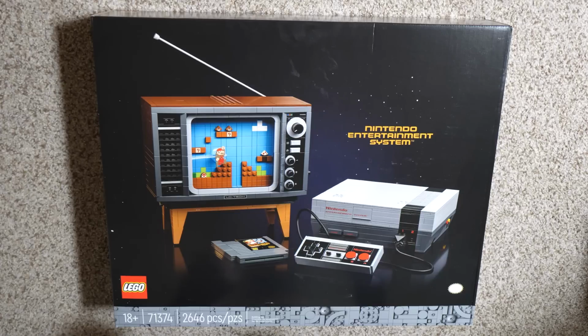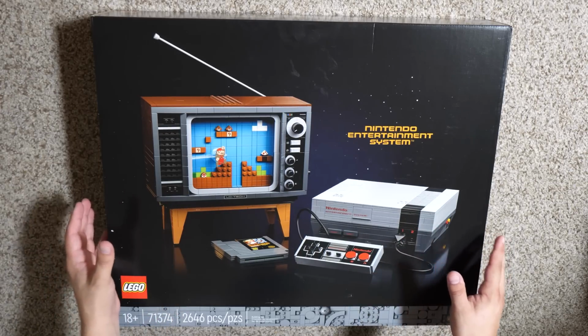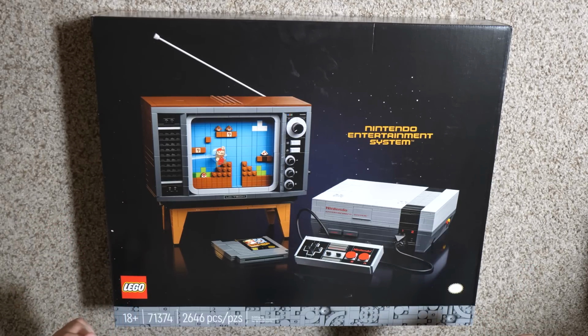This dropped on my doorstep this morning. As you can see, this is the LEGO Nintendo Entertainment System. It is huge. This box is so big that I couldn't use my regular setup to record this, so I'm just sitting on the ground. As you can see here, it's got